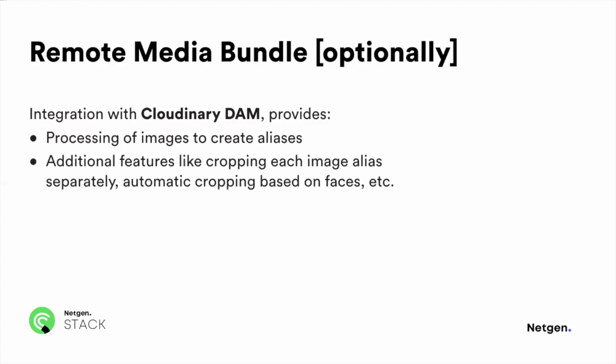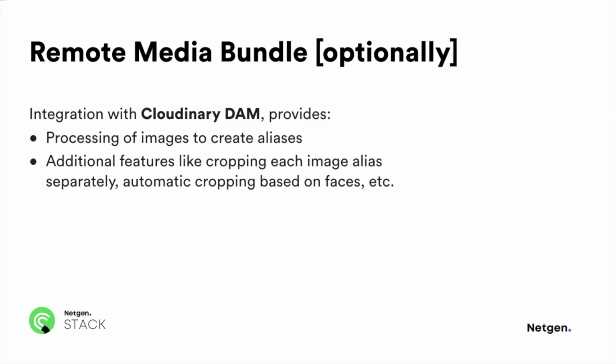Additionally, it's not just about processing, it's also about additional features. A quite important feature is that you can crop each image alias separately. If you have a big image or a small image, usually the cropping is not the same, and this bundle